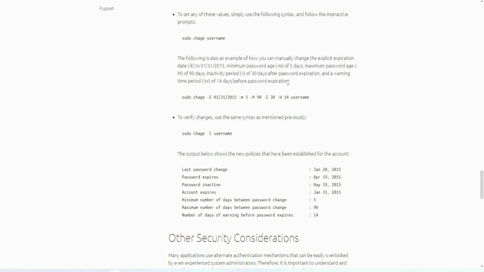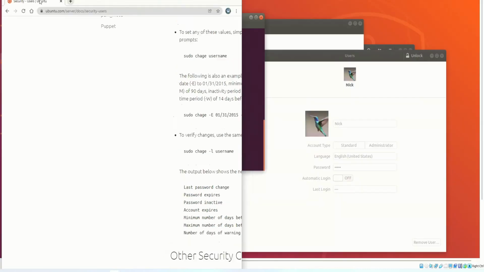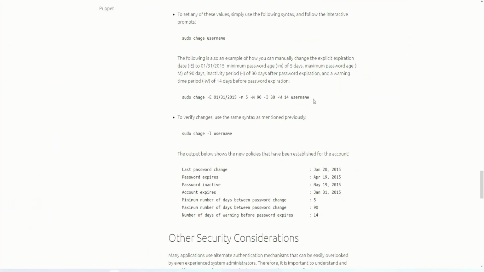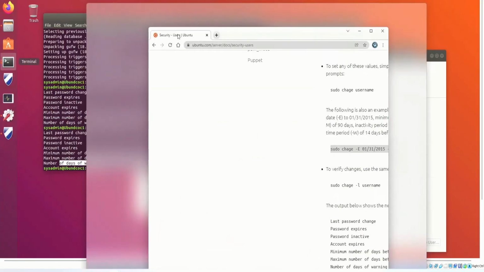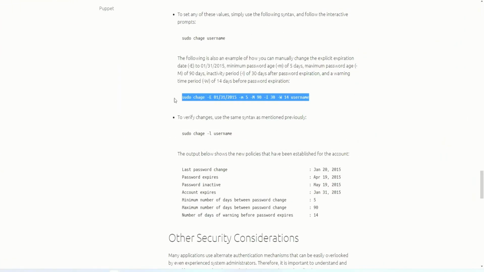So what the command does is it changes the explicit expiration date to 01/31/2015. The minimum age of the password could be 5 days. The maximum age of the password could be 90 days. The inactive period could be 30 days for the password expiration, and a warning time of 14 days before it expires. So just take note of that. You could really do some granular and very specific password requirements for each account. For our case scenario, we will not change any of this, but just know that that's one way to secure your server